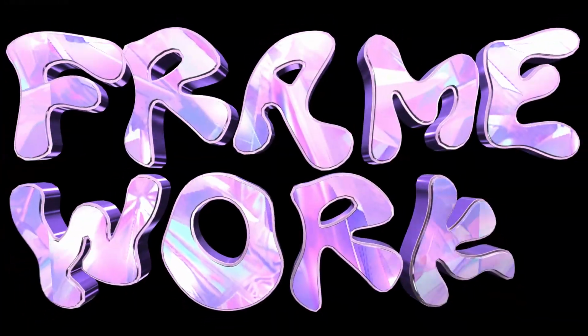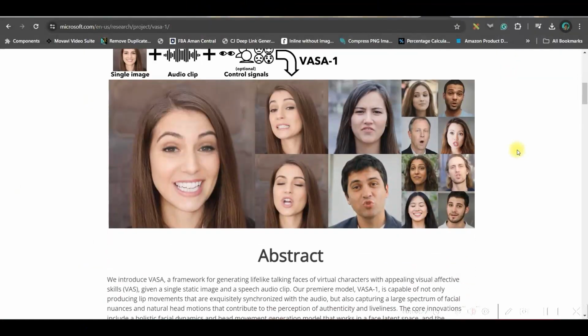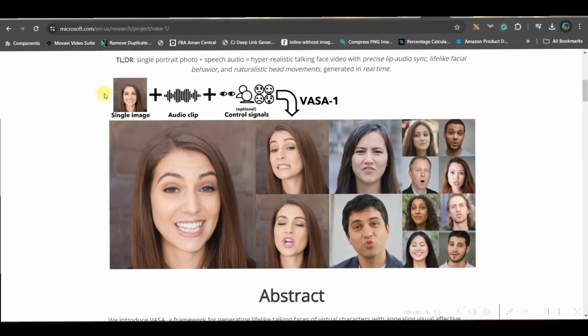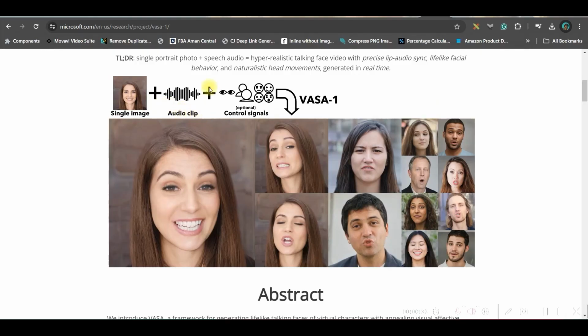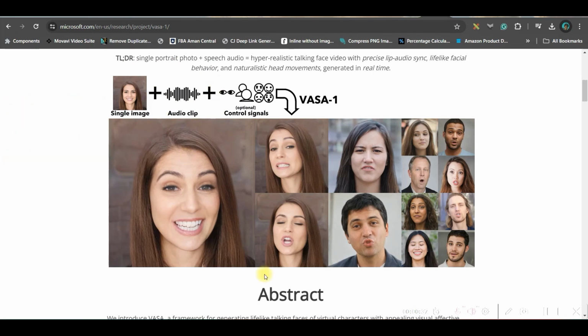Step 2. Let us see how it is going to work. Now here, you need 3 files. One is a PNG or JPEG file, one single image. Plus, you just need one audio clip. It could be a song, it could be a dialogue, even it could be your own voiceover. Accumulating all this together,